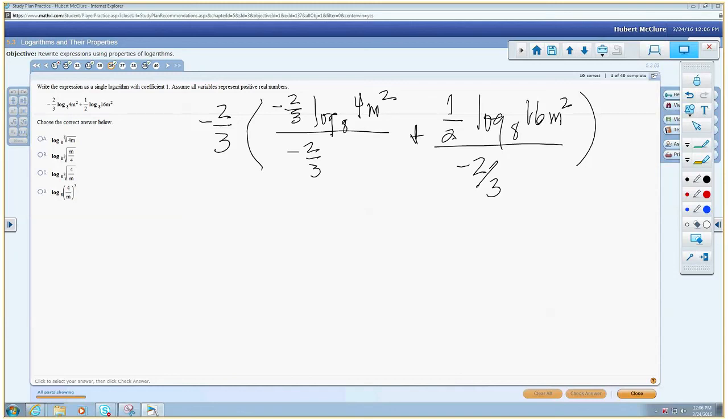Well, I factored it out. This is what I'm actually doing. And what happens with this 2/3? That cancels, and you're left with that. So now I've got negative. That's where you get this radical from, right there. So radical